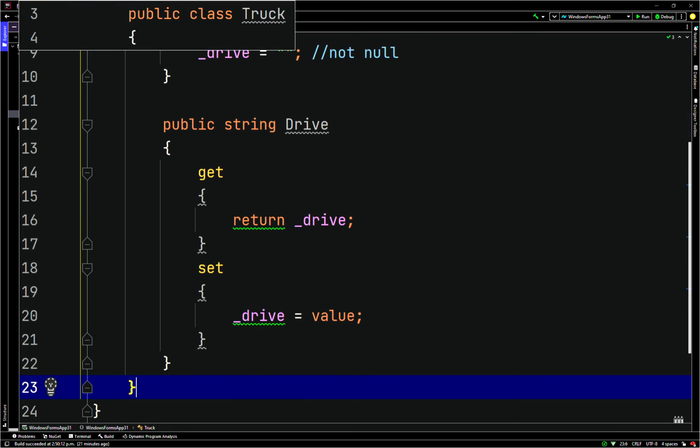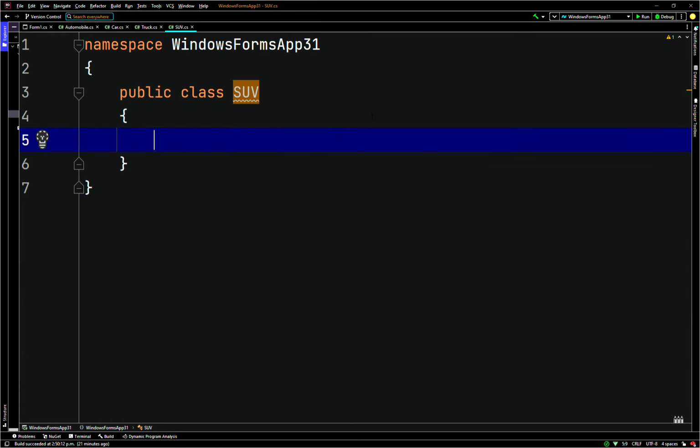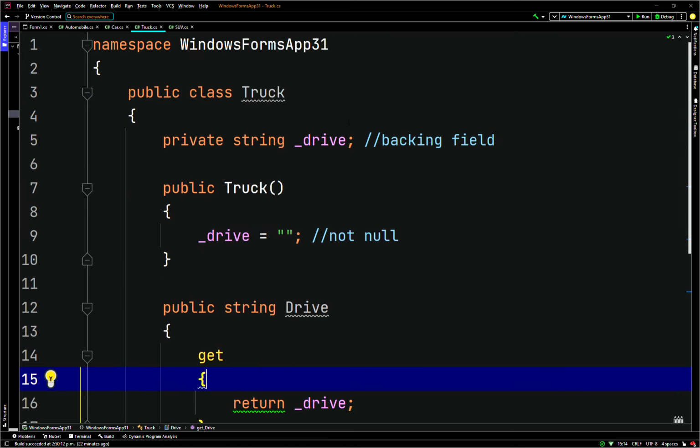We'll move to the SUV class. It's going to be pretty much the same thing. So it's just going to have one backing field. Sports utility vehicle, or SUV. Oh, actually we forgot one thing, my bad. So we'll go public class truck inherits from automobile. Don't forget the inheritance